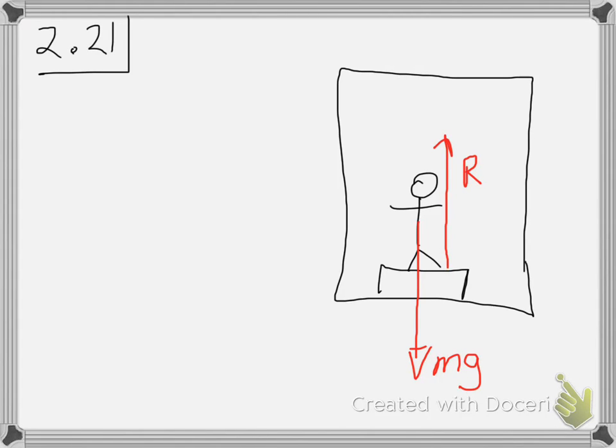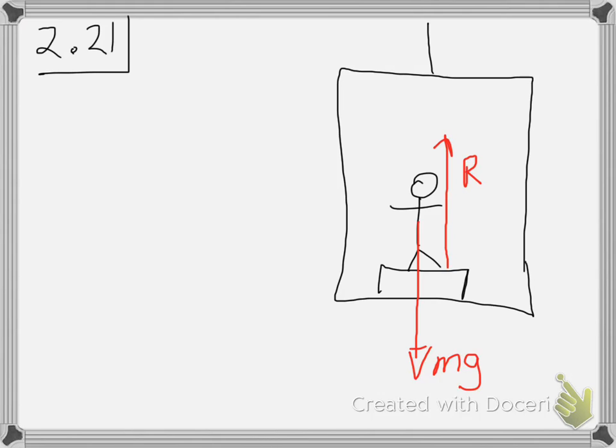So for work example 2.21 on page 68 of your textbook has to do with what a scale reads when someone is standing on a bathroom scale in an elevator. So here's our elevator, and one of the things that's helpful to remember in these problems is that a scale,